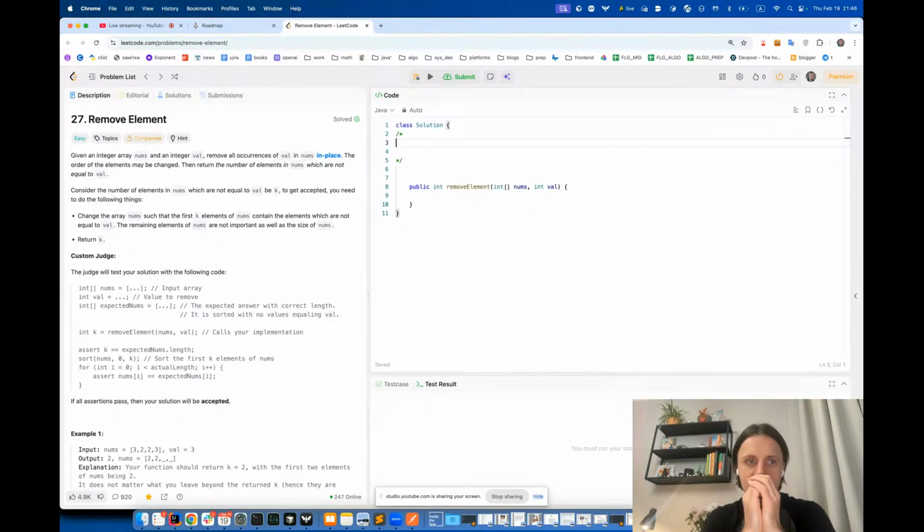To get accepted, you need to do the following thing. Change the array nums such that the first k elements of nums contain the elements which are not equal to val. The remaining elements of nums are not important, as well as the size of nums. Return k. Okay,